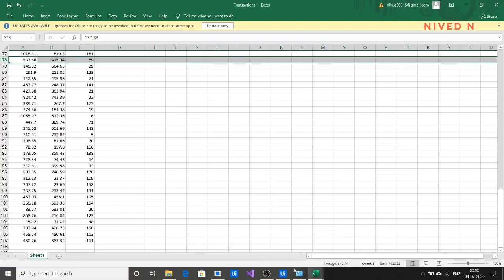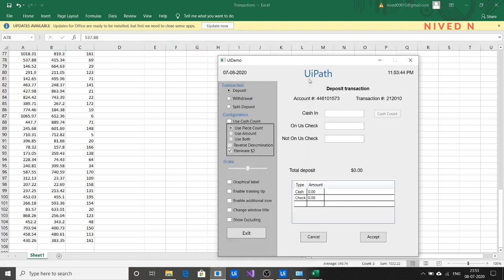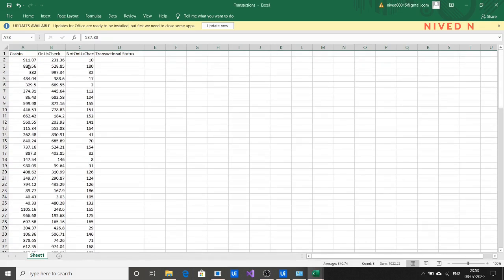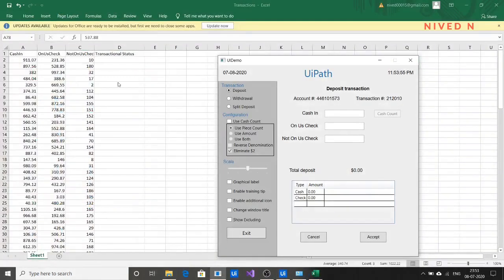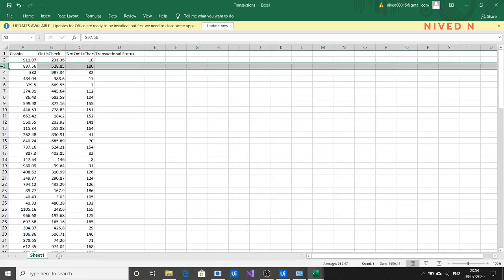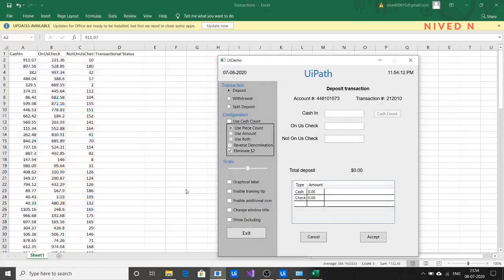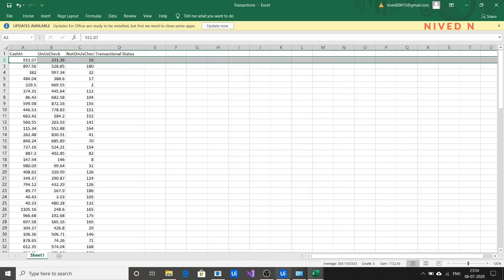If you take this Excel file here, you can see that there are three columns: cash in, on US check, not on US check. You know that these are each transaction data, and each data row consists of the values of all these three fields that we want to input. So our main agenda is we want to take the data and input it here, and just accept it.